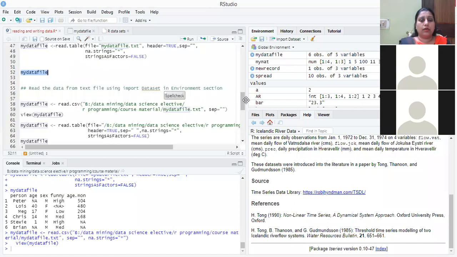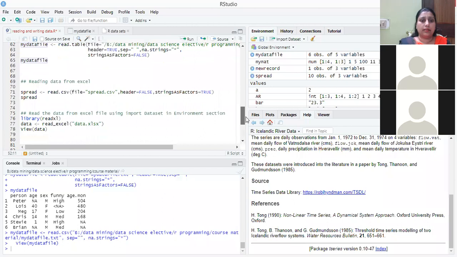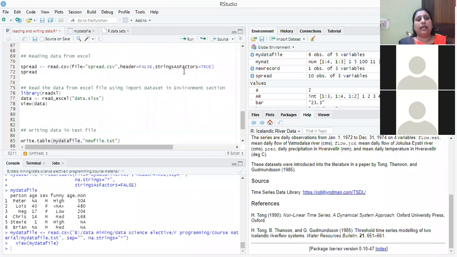One more thing is to read the data from an Excel sheet. To read the Excel sheet data, as I told you, you have to include some library. If you are not including the library, you have to convert the Excel file into a comma separated file, and then you can read it. As I already converted it into a comma separated file, we use read.csv.